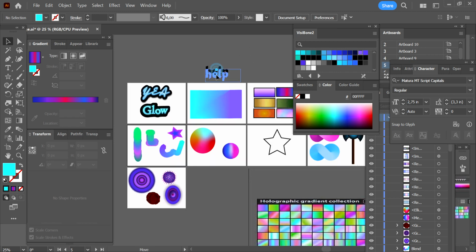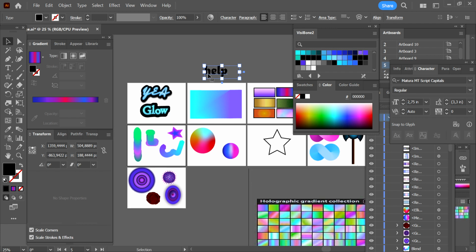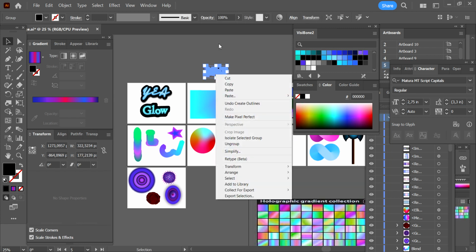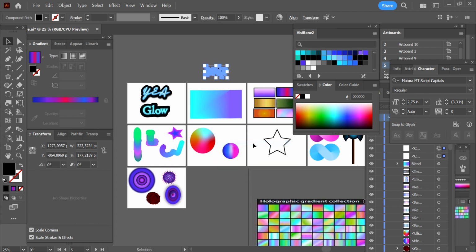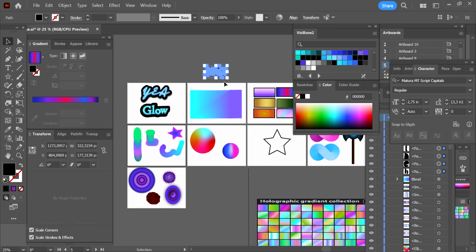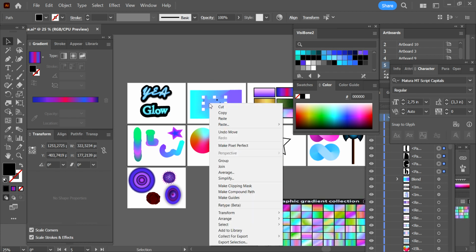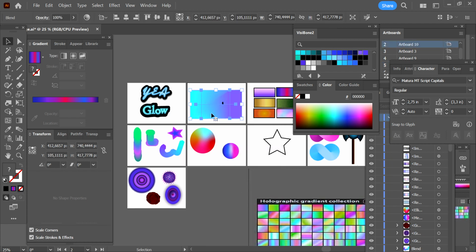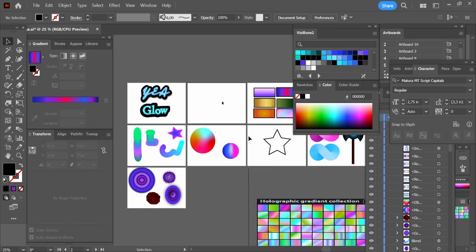Another thing you can do is, oh, this is regular text right now, so you're going to want to right click. You are going to want to do create outlines, and then you're going to want to go to ungroup, followed by release compound path. And you can drop it down here and make clipping mask, which didn't do everything, but